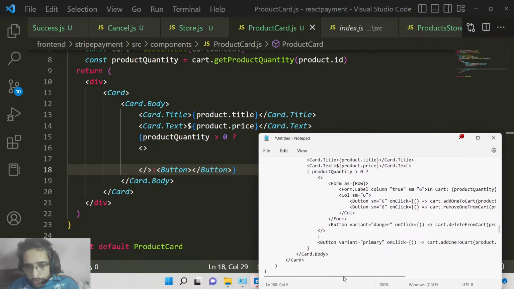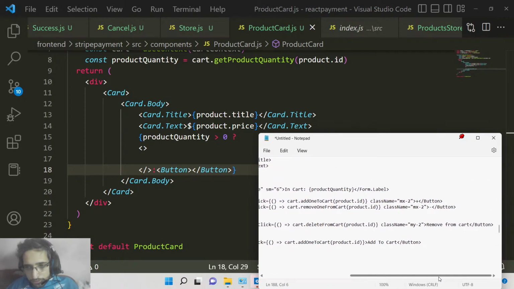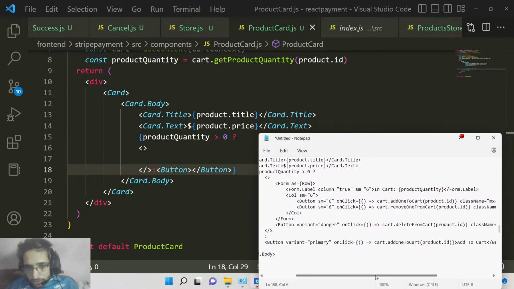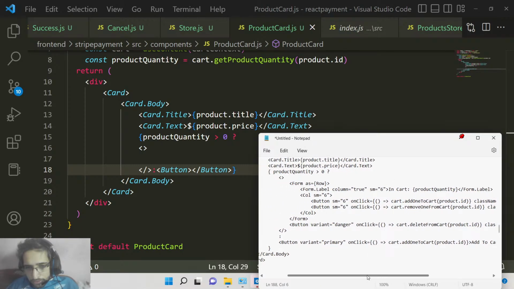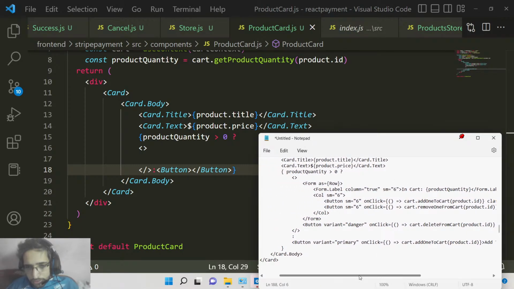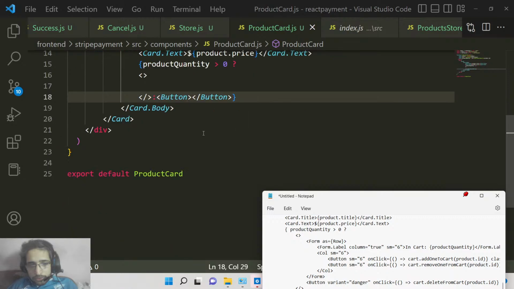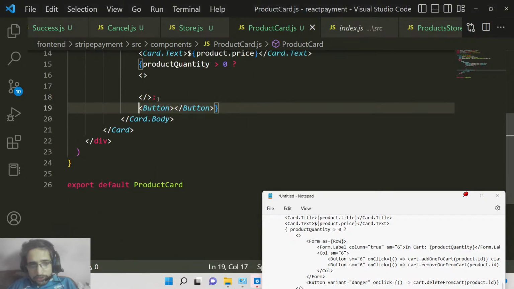If the product quantity is greater than 0, then we need to show a form to the user. So if it is not greater than 0, then we will have a simple button, and the variant of that button will be danger,